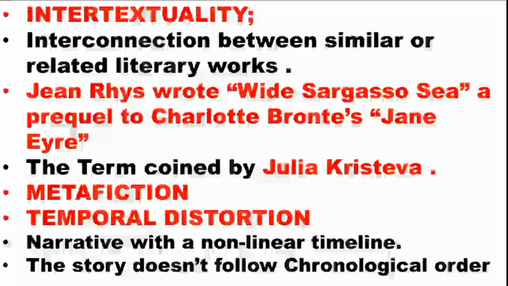temporal distortion. What is this? Narrative with a non-linear timeline. The story does not follow chronological order. When the story is given, there is no timetable, there is no system. Sometimes here, sometimes there. You will be confused about what is happening in the story. So when there is a narrative with non-linear time, no system, no rule, does not follow chronological order,